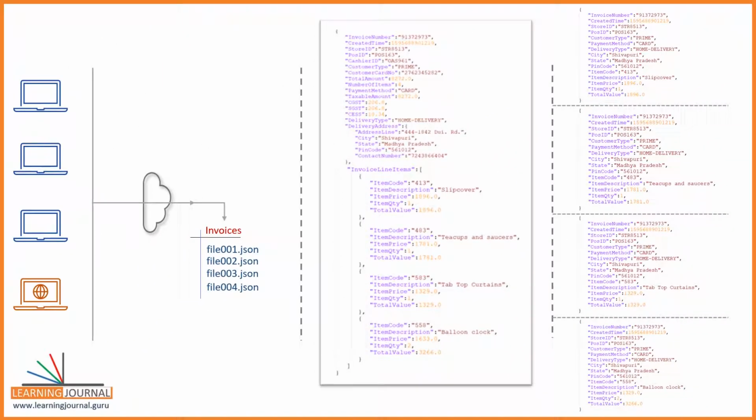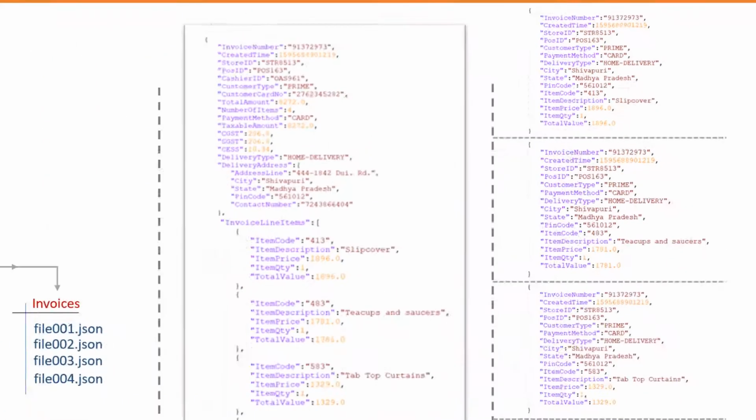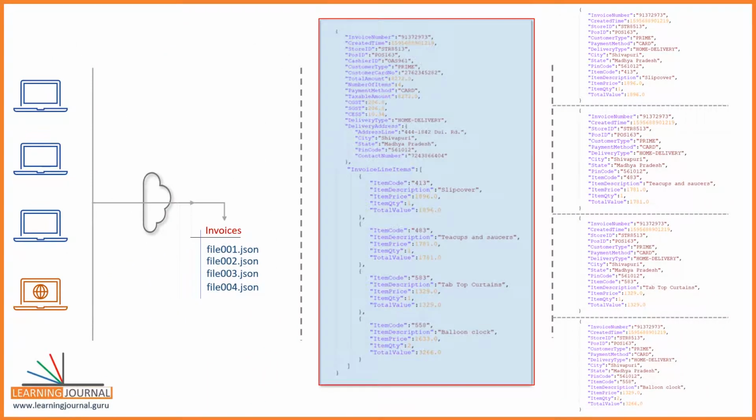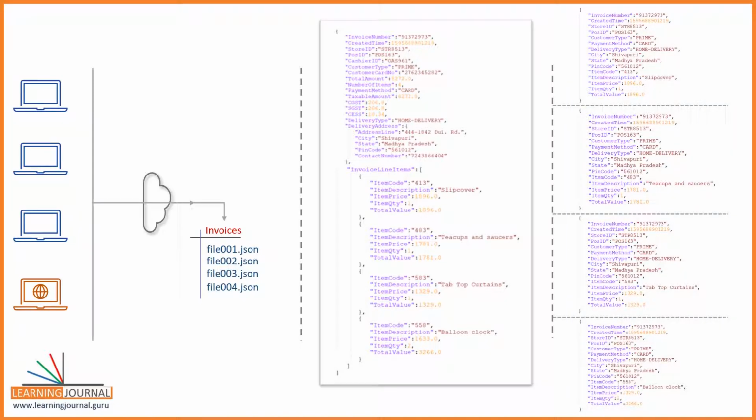You are then asked to create a Spark application that reads the input data files, flattens the invoice records, and writes it back to a different directory. The flattened record looks like this. However, each invoice should generate one or more flattened records. For example, this given input should generate 4 output records because we have 4 line items in the input invoice. Make sense? How will you go about this requirement?